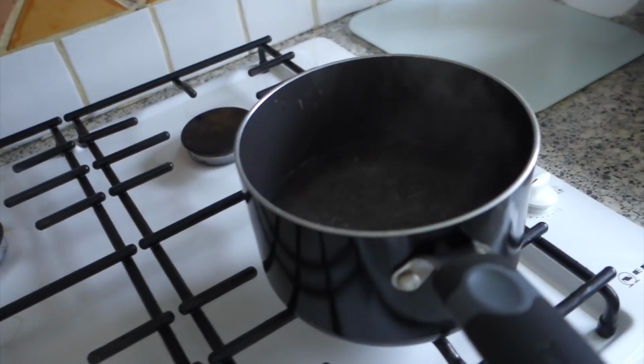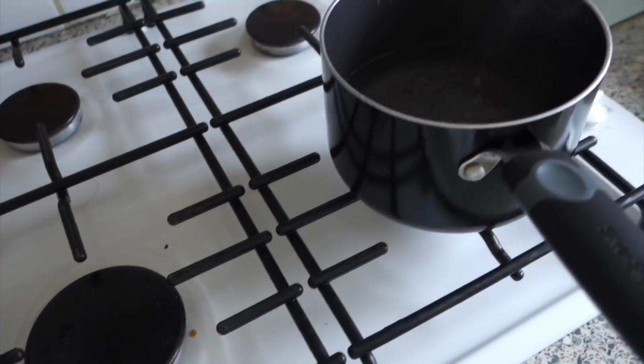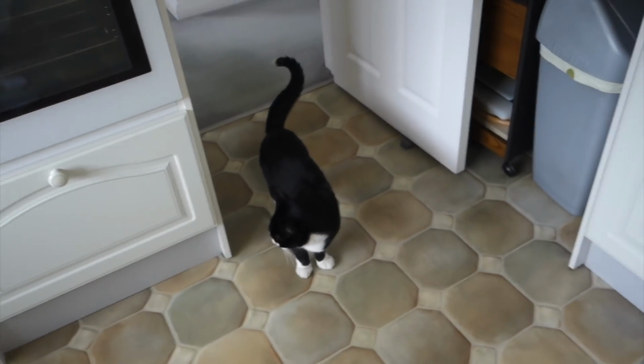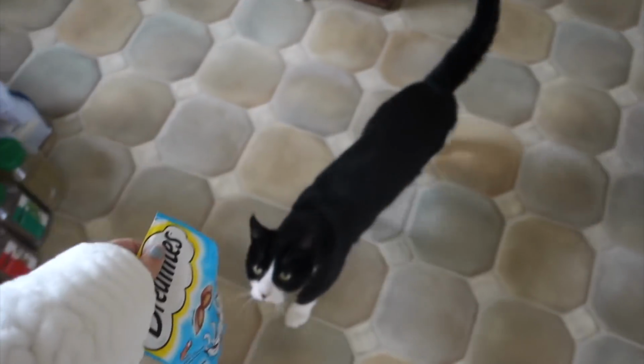No one's here to help me cook today, so it's some 3-minute noodles for me today, but do what you gotta do. That's it. You know you're not allowed further than the kitchen. Come on, let me give you some treats, and then you can...